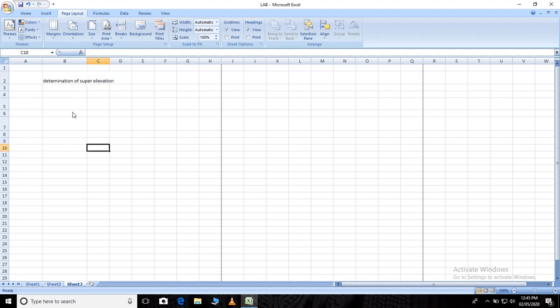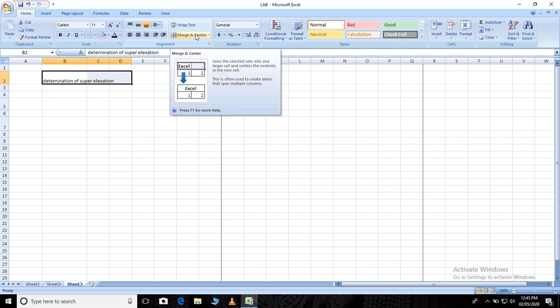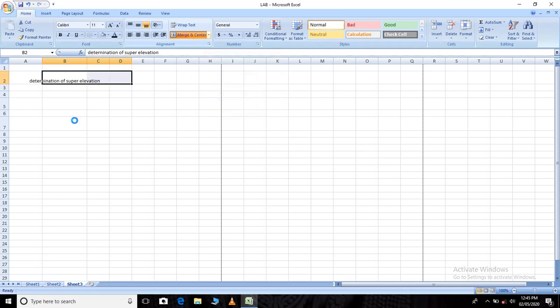So what you have to do is select all the cells, then come back to Home and say Merge and Center. Let's see, wait, yes, it is working. See, now it is in a single cell. Previously it was like this, I'll just undo. Here there is one cell, here there is one cell, here there is one cell. But I don't want that.